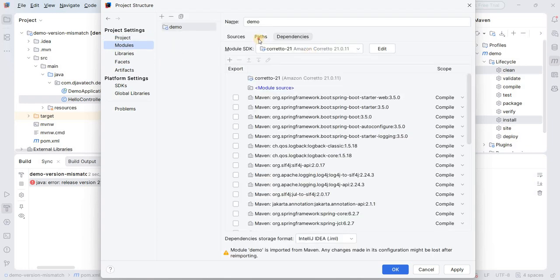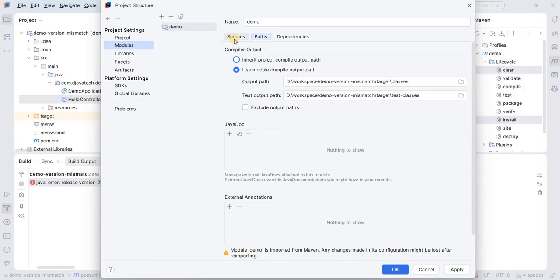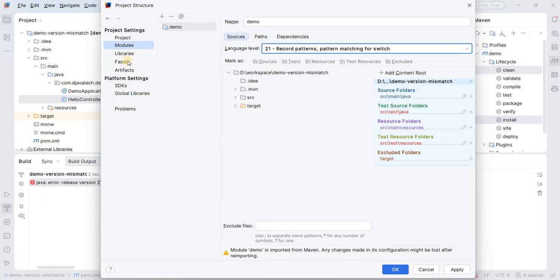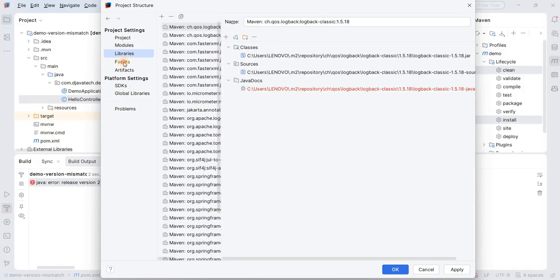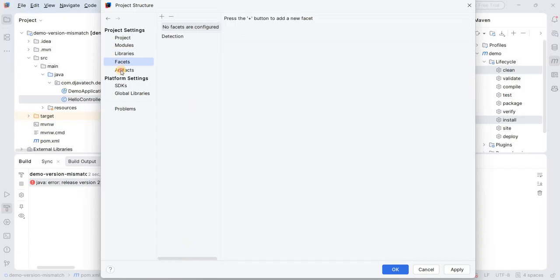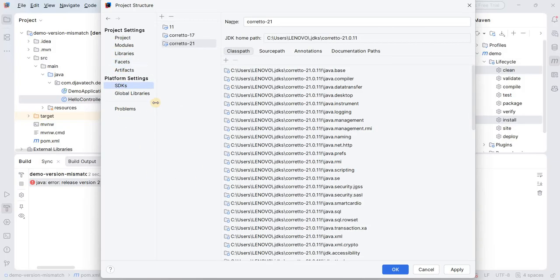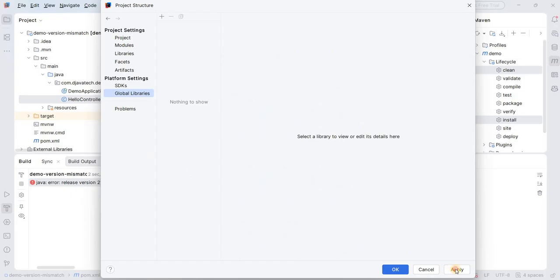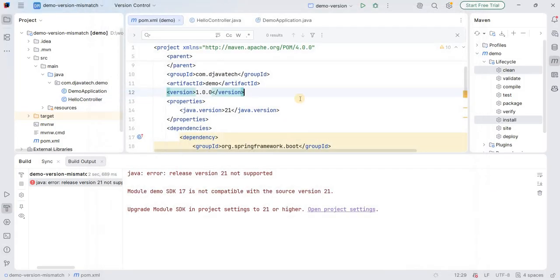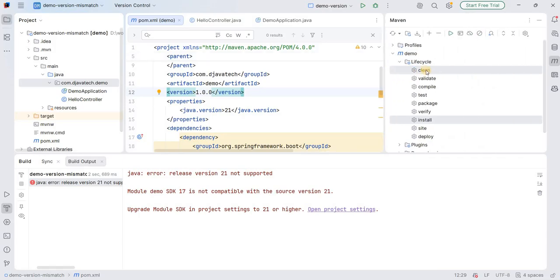Module we already worked on, and we have verified source, path and dependencies. Everything is fine. Library, nothing to do. Facets, nothing to do. Artifact, nothing to do. SDK we have to make it Corretto 21, and that's it. After this we will click Apply and OK. Once we click Apply and OK, we have to come here and just clean, compile